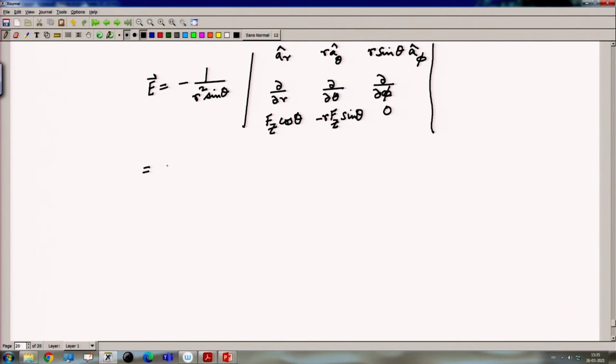That is equal to minus 1 by r square sin theta times a r times 0 minus 0, because there is no variation with respect to phi, plus r a theta times 0 minus 0, again because there is no variation with respect to phi, plus r sin theta a phi